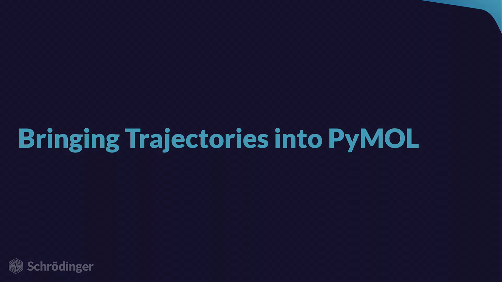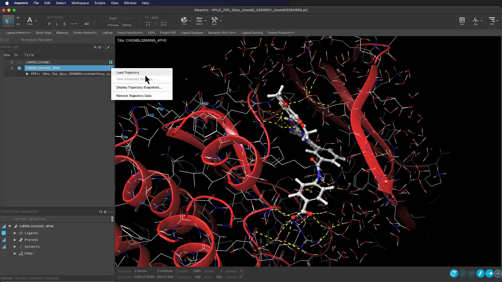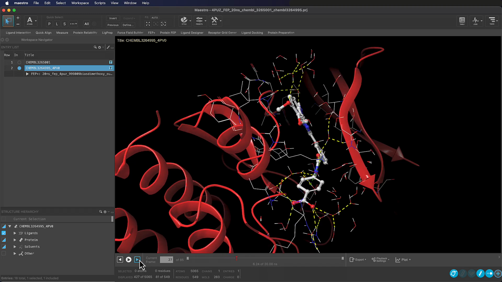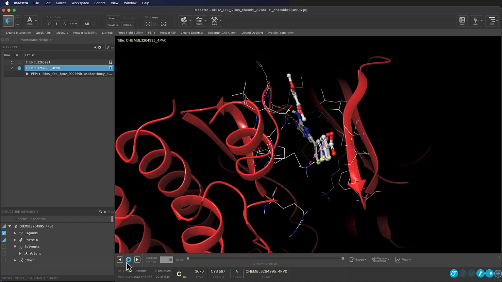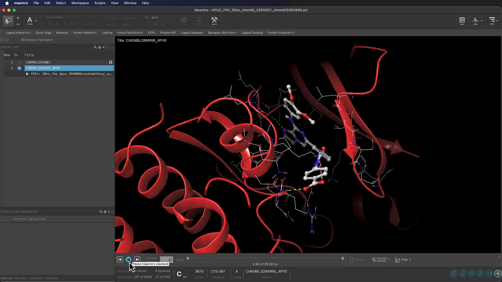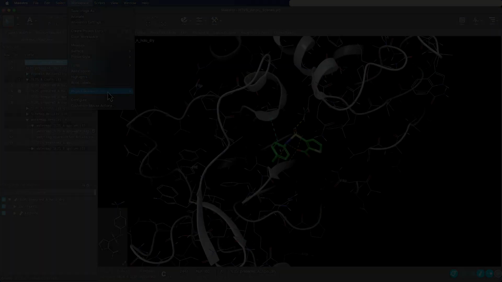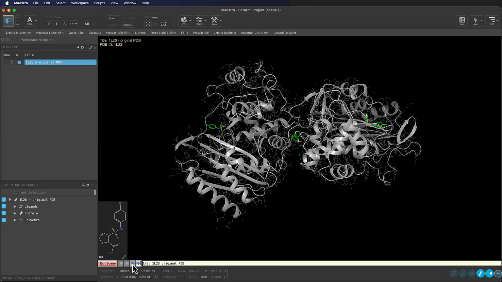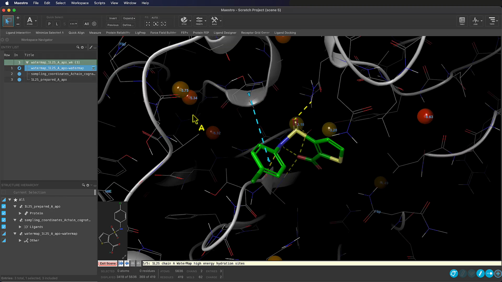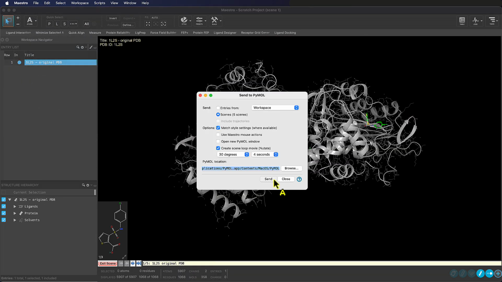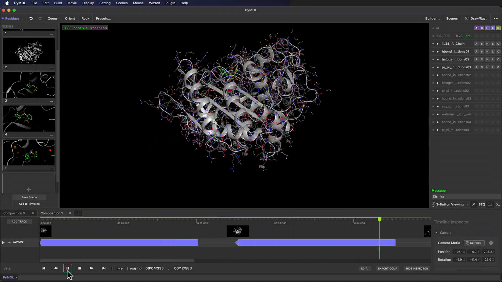Let's get started. We're going to begin by importing a trajectory, the output of a molecular dynamics or MD simulation, and this was set up and run in Maestro. We can bring MD trajectories into PyMOL in a number of ways. If viewing the results in Desmond or FEP Plus results in Maestro, we can use Maestro's Send to PyMOL feature. We came across this feature in earlier video tutorials when we saved a number of scenes in Maestro and then used the Send to PyMOL dialog to create a simple scenes-based movie in PyMOL,